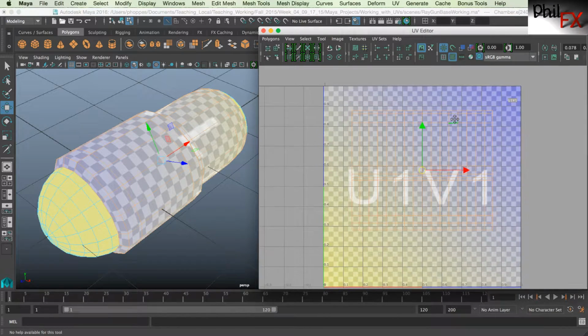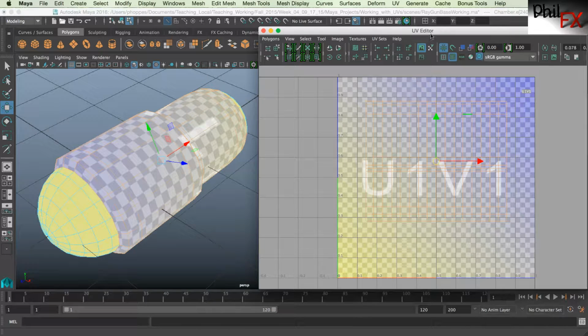So let's see, there's a couple other things I want to show in here. So we talked about using the stitch tool, move and sew, the knife tool, putting on the checkerboard. What are some of the other common tools we use? Well, if I went in and I wanted to move just a couple of UVs, actually what I can do,